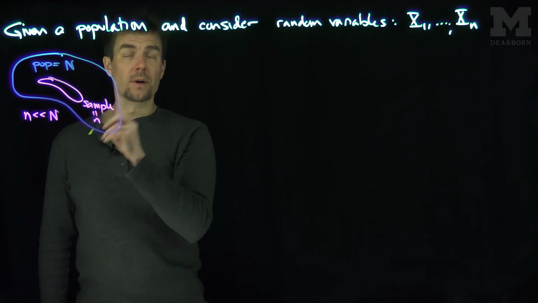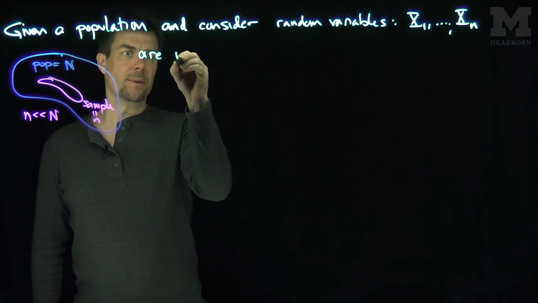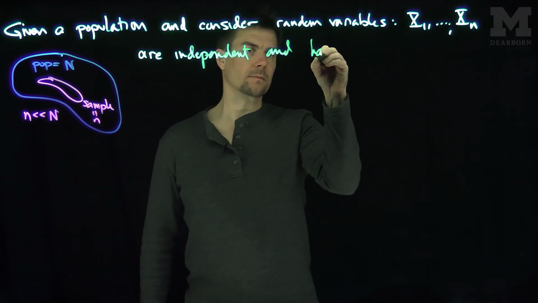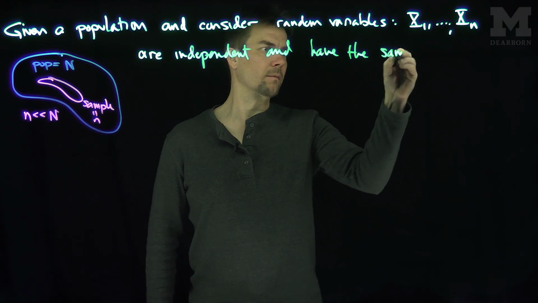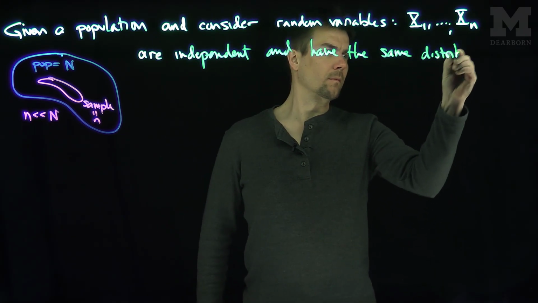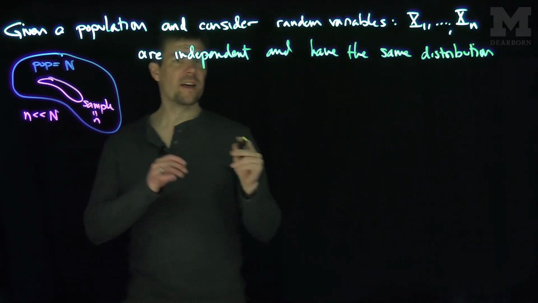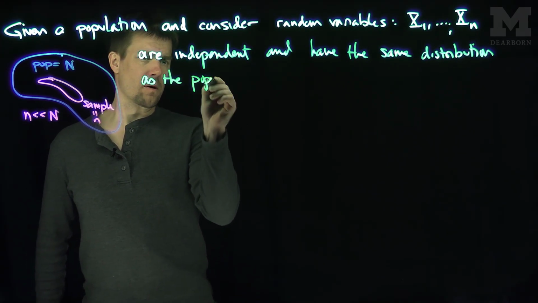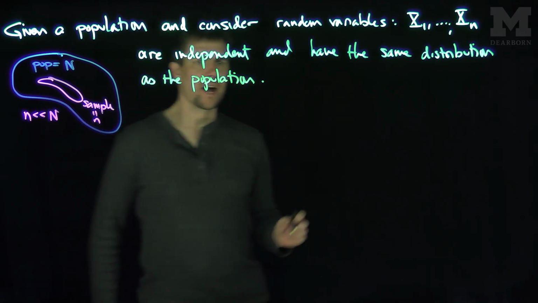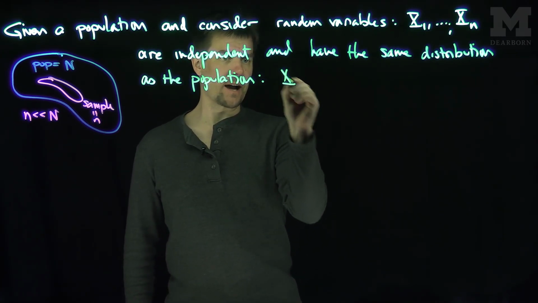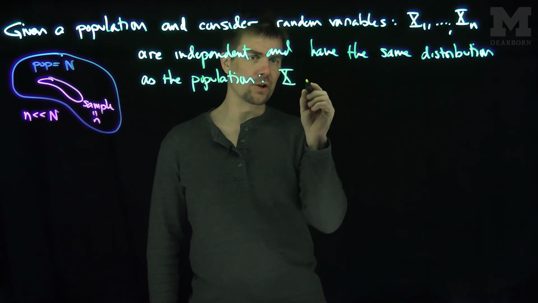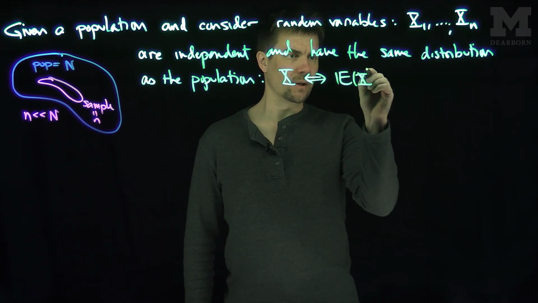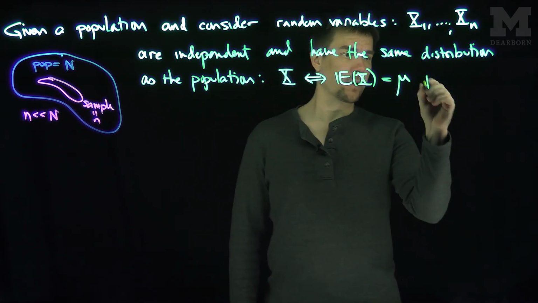And let's assume that they have some sort of underlying distribution, that the distribution is the same. And that these variables, and the statistical assumptions we make, are independent. They're independent and have the same distribution. They have the same distribution as the population, as the whole population. Okay? And let's suppose that this population distribution is X. And furthermore, let's suppose that this population X has the following properties, with the expected value of X being some population parameter mu. So this is the population mean,